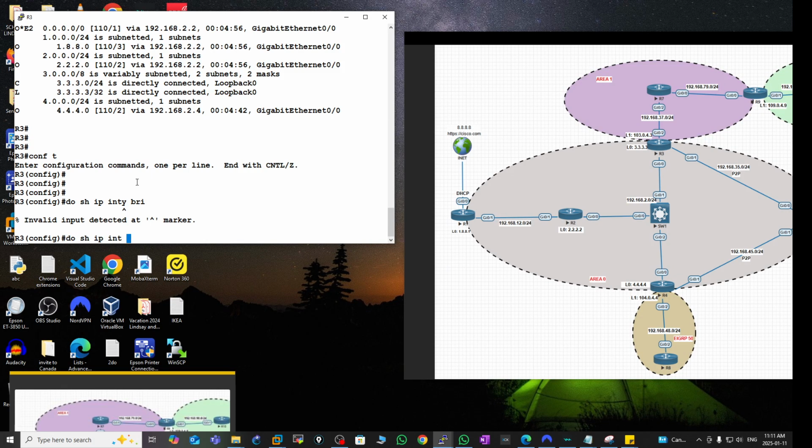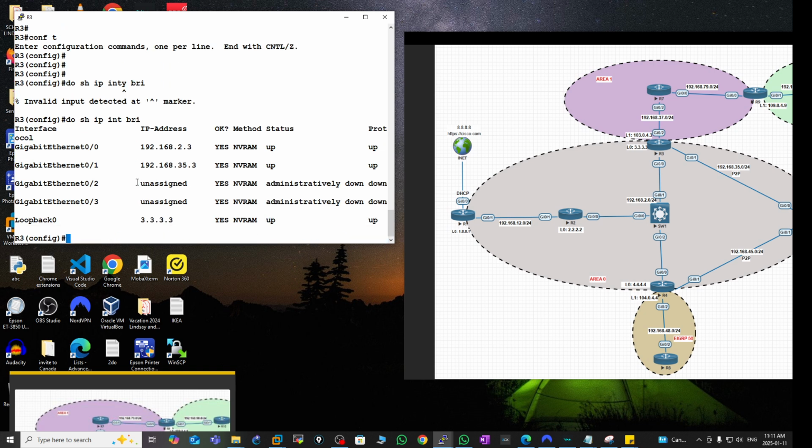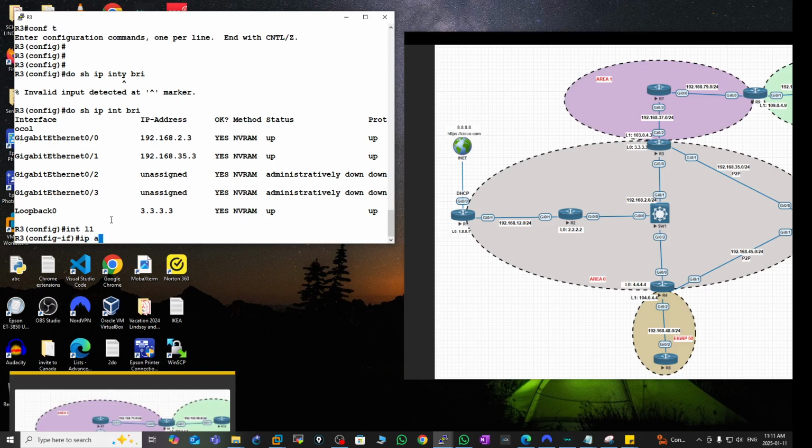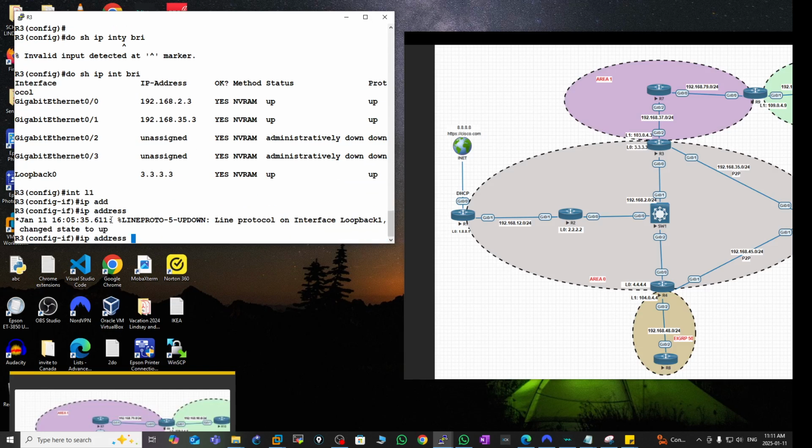IP interface brief. Okay, so we have loopback 0, which is already in OSPF area 0, and we're going to create a new loopback 1, which is going to be in area 1. Also, we have to enable this interface gig 0/2. So it's going to be interface loopback 1, and the IP address is going to be